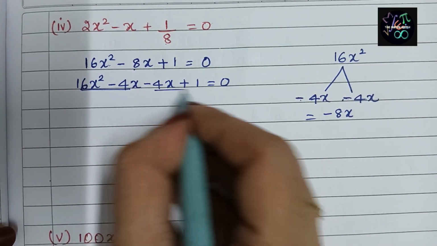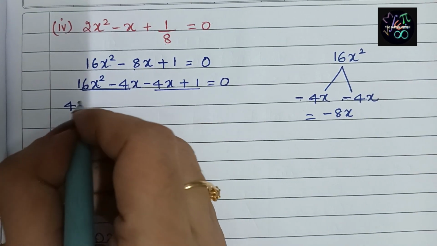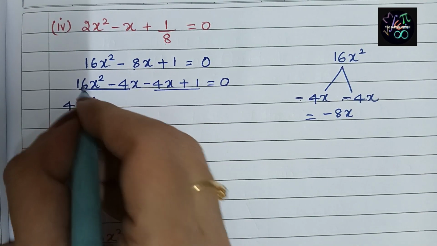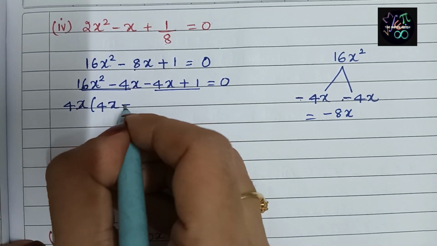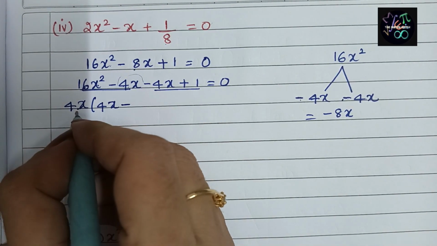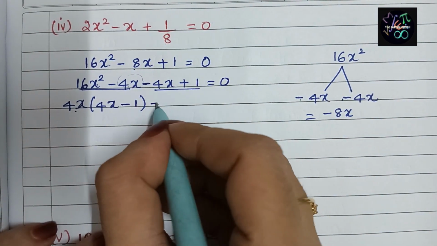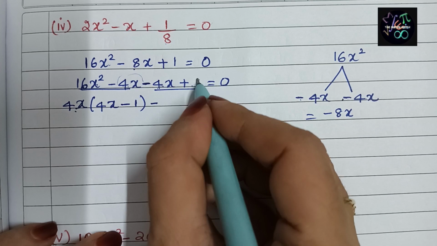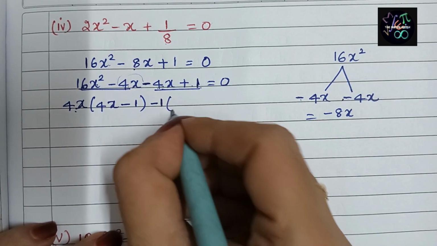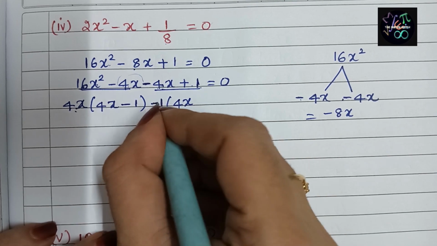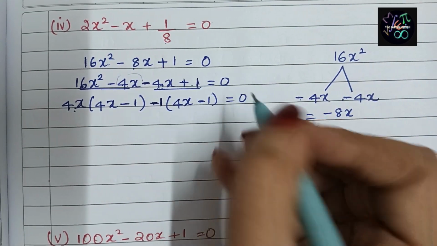Let us take the common. What is common here? 4 common and x also common. 4 how many is a 16? 4 4s are 16. 1x already taken common, 1x remains. Minus this 4x completely I have taken common. Nothing means 1. Now I am taking minus common. Nothing is common here, 4x here and 1 here. So nothing common means 1. What remains? 4x. I have taken minus common. So plus becomes minus is equals to 0.